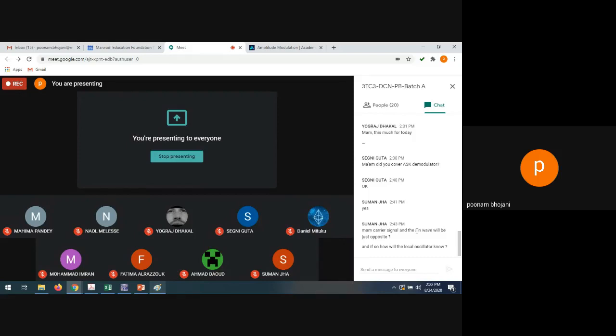And phase shift can be achieved by using many components like a capacitor. So the local oscillator simply oscillates, it will generate a frequency only. It cannot be sine wave, it cannot be cosine wave. Sine wave and cosine wave are decided by their phase, right? So sine wave has a 0 degree phase, cosine wave has a 90 degree phase. So whatever phase you want, you can set it in the local oscillator circuit.